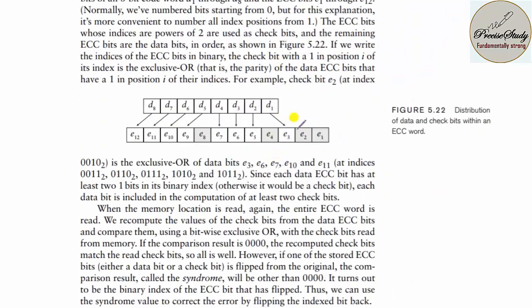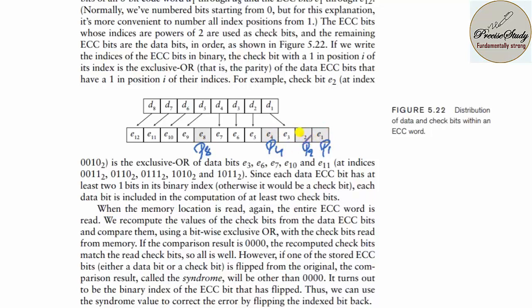Next, let us talk about the error control mechanism. In this error control mechanism, you will have the data bits ranging from D8 to D1. You are going to introduce some parity bits. Those parity bits will be at 2 power n positions: 2 power 0, that is the first position, 2 power 1, the second position, 2 power 2, the fourth position, 2 power 3, the eighth position, 2 power 4, the 16th position, and so on. So what is the value of E8, E4, E2, E1, or you can also call them P8, P4, P2, P1? You should tell what the value of these is.